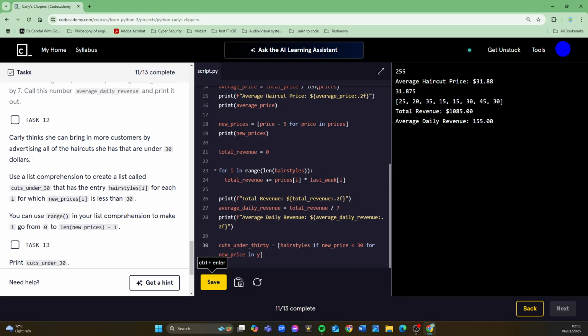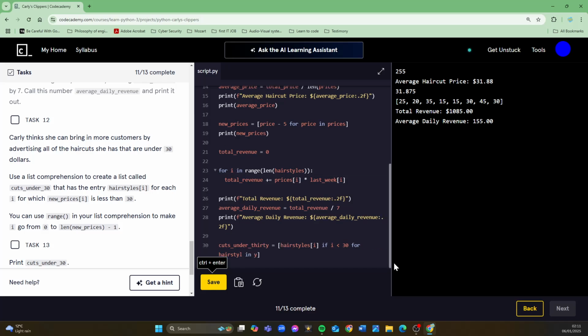But we want, it's a list, so we're not going to print the whole list, so we want a particular I in hairstyles. If hairstyles I, if I is less than 30, so we need to change what our temporary variable is, not new price. The temporary variable needs to be hairstyles, I think.